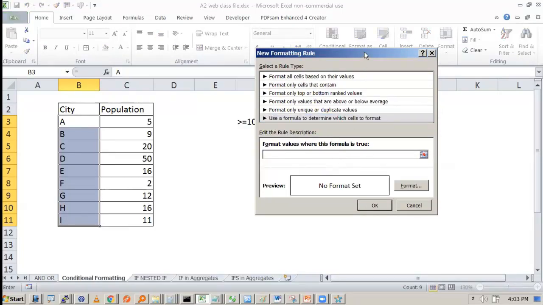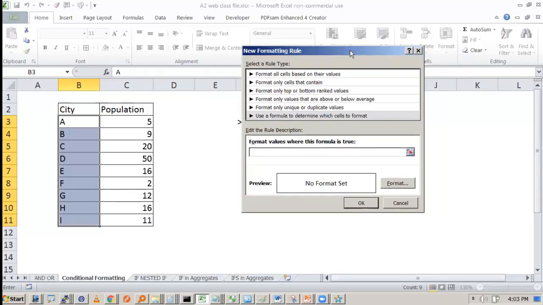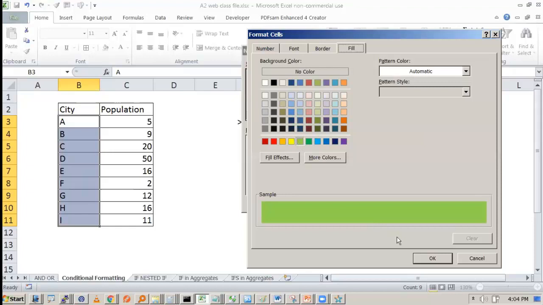Let me start with a basic one: I want to format any city with population greater than or equal to 20 as green.